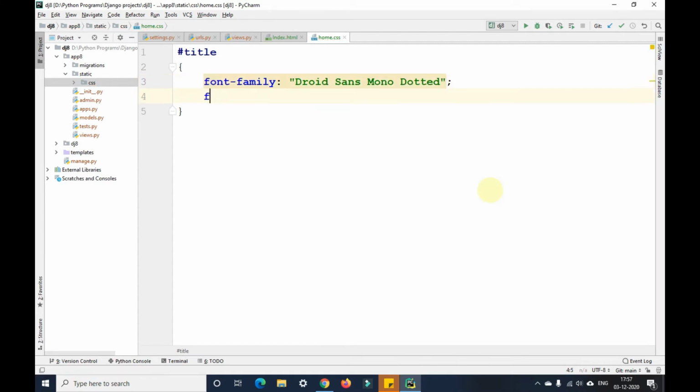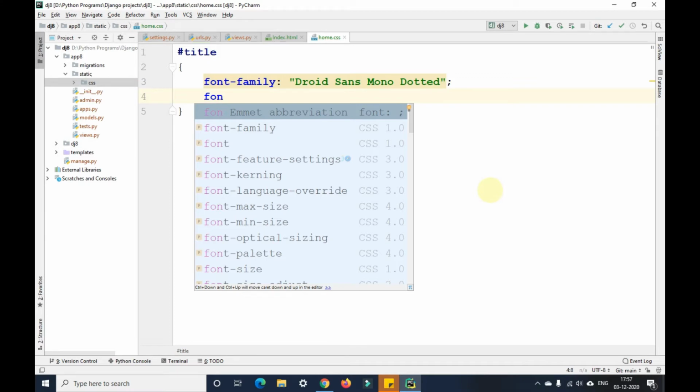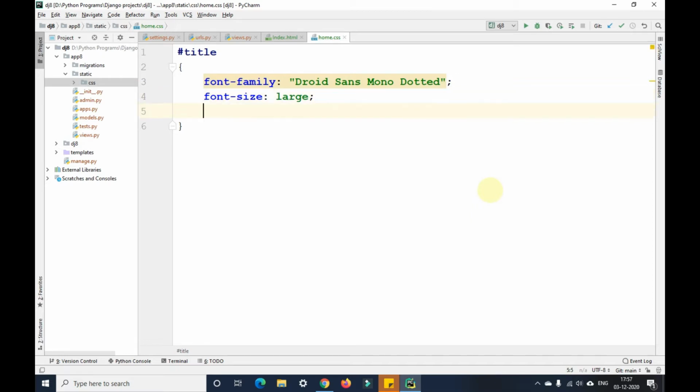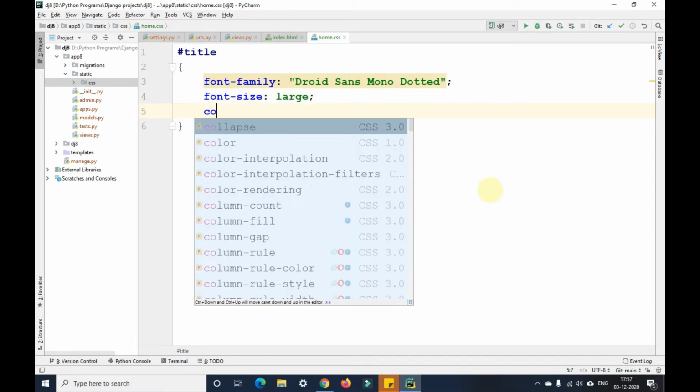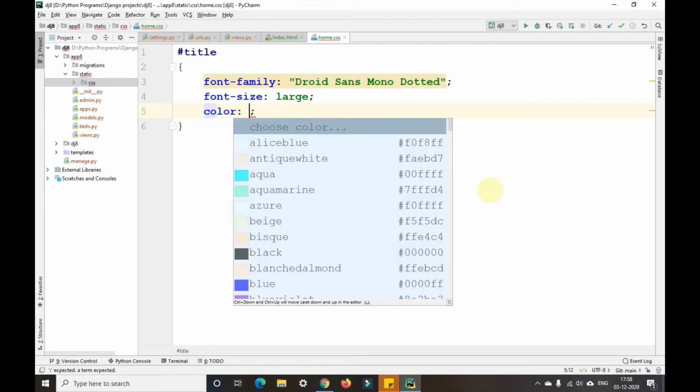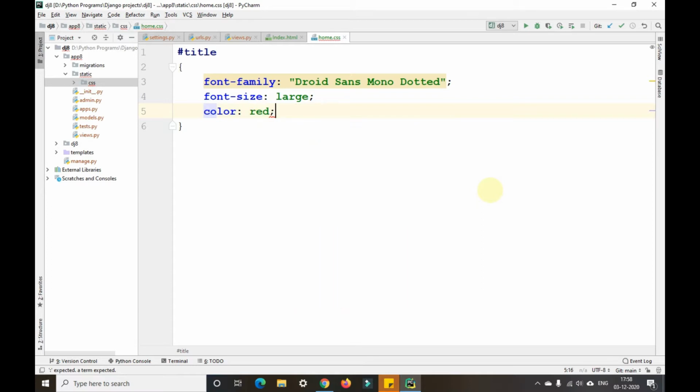Then after that, font size, I'll give it as large, okay, and color as red here. Okay, so this is okay for me till here.